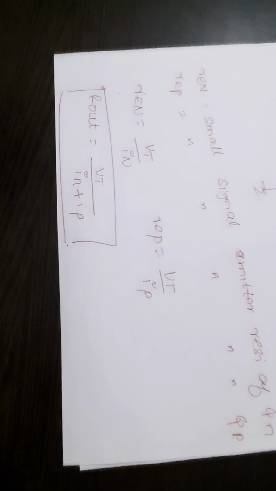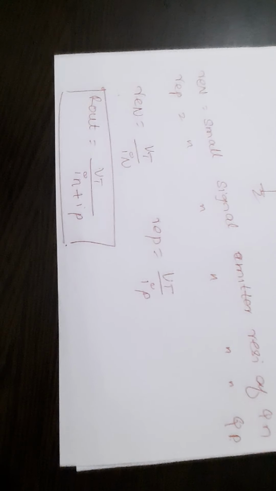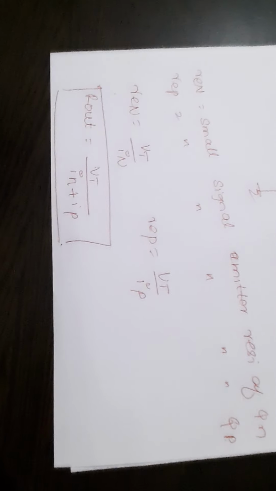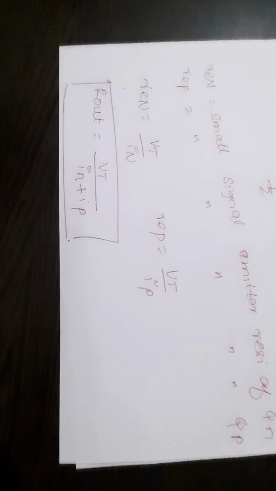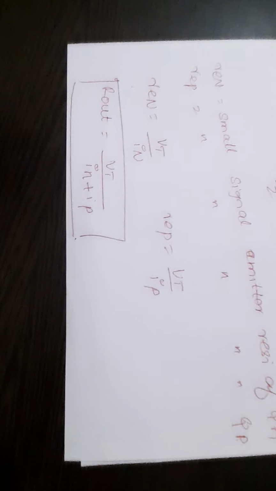Since IN increases, IP decreases and vice versa, the output resistance remains constant in the region around V1 equal to 0. Thus, this is the reason for the virtual absence of the crossover distortion.